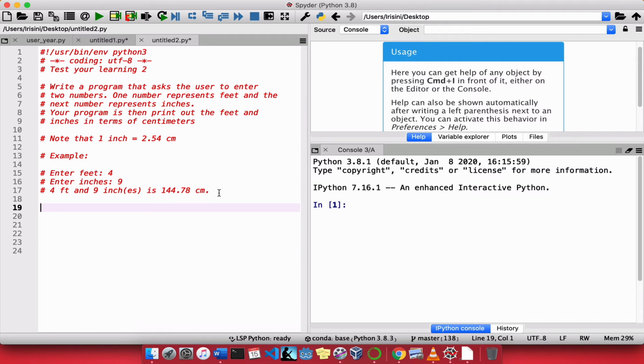Let's look at how we would approach this problem. So the first step would be to ask the user to enter the feet value. And then we would ask the user to enter the inches value. Great. So now we need to